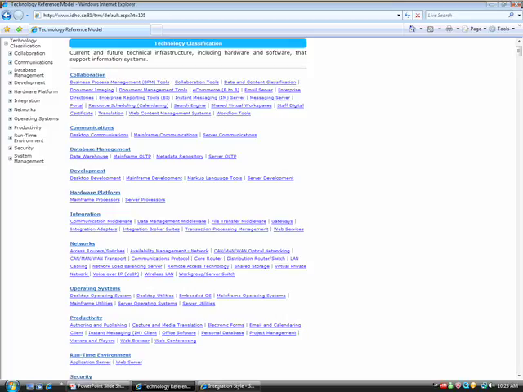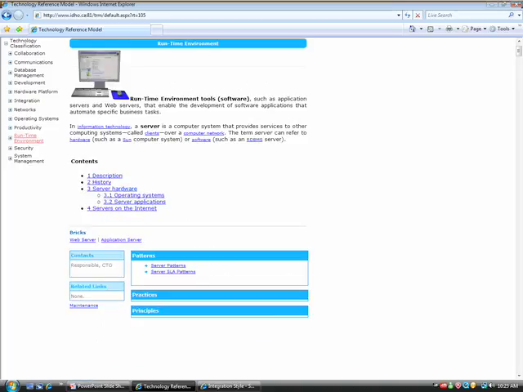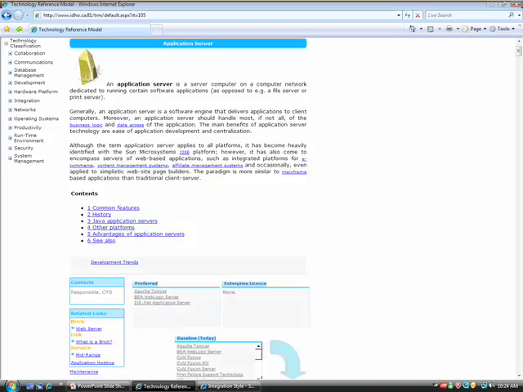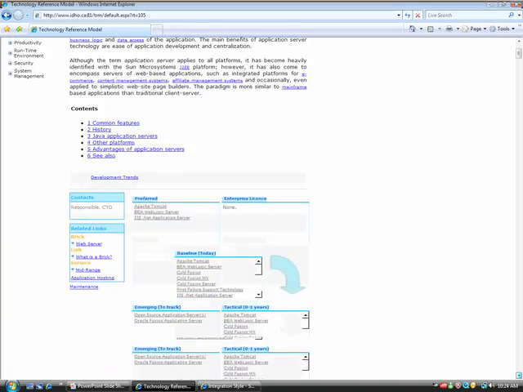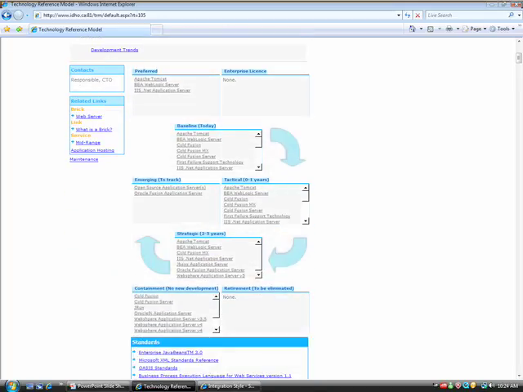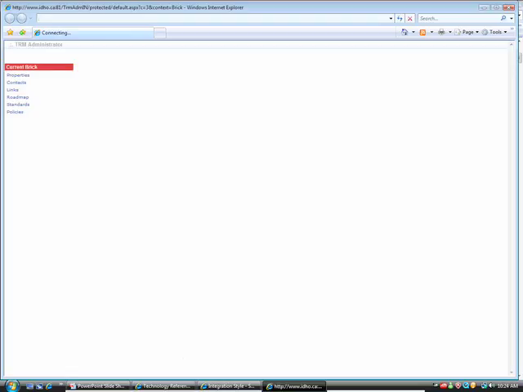For example, under runtime environment, if we were to click application server, we can now see the context of what we had described earlier about the placement of product category by a technology brick for a given solution, including the reference to things like the standard, the other technologies that are dependent on this technology. And when we go into maintenance for this particular brick, the maintenance screens are only applicable to the brick object itself. So the properties for this,